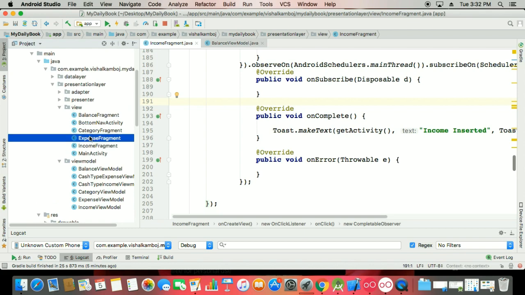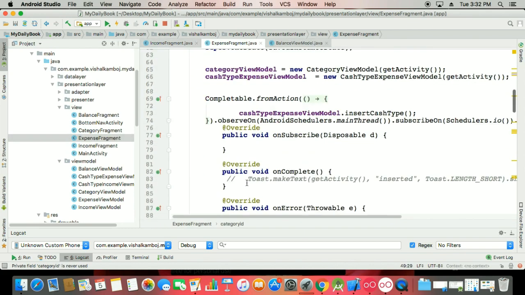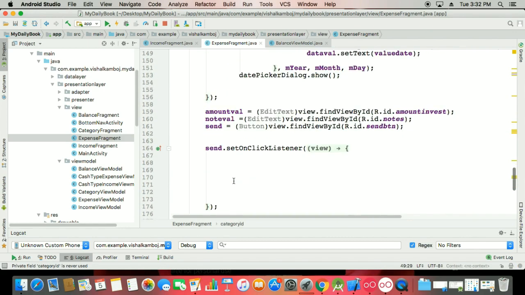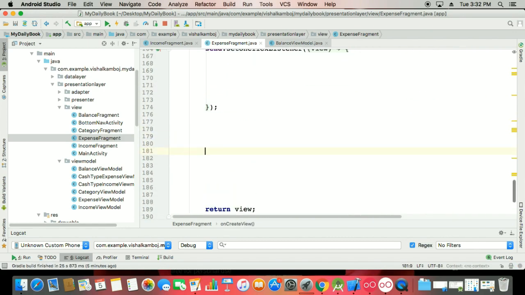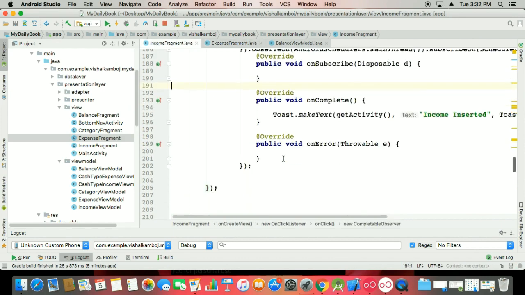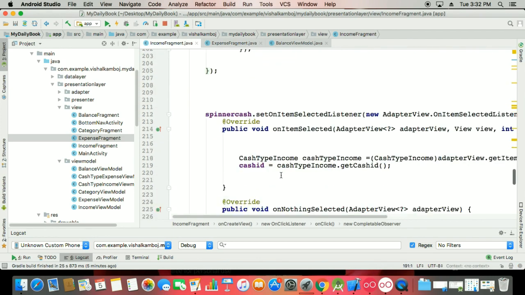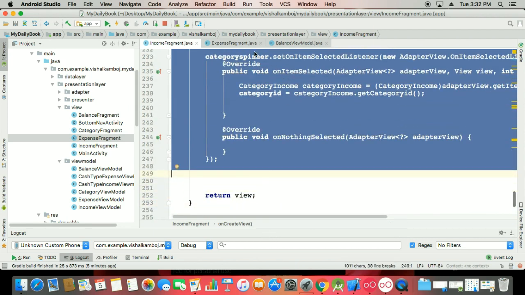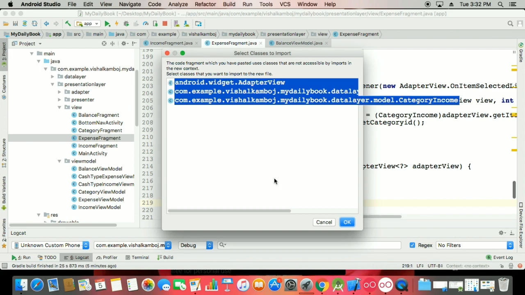You just have to copy paste the expense fragment. So now for that, here, just copy the things as we have done. This is the cash and the values here. So first we have to select the things,